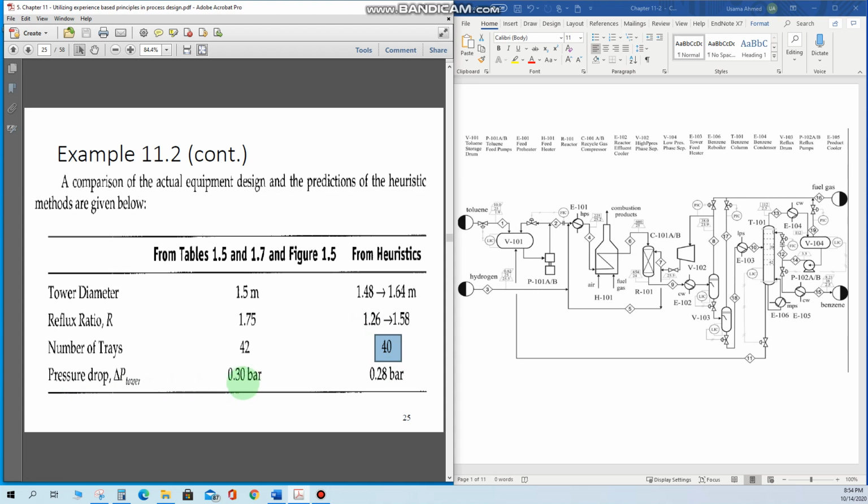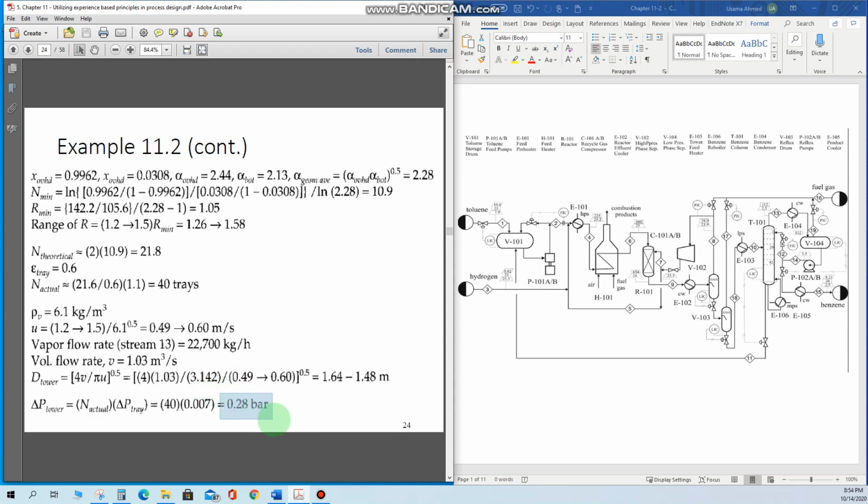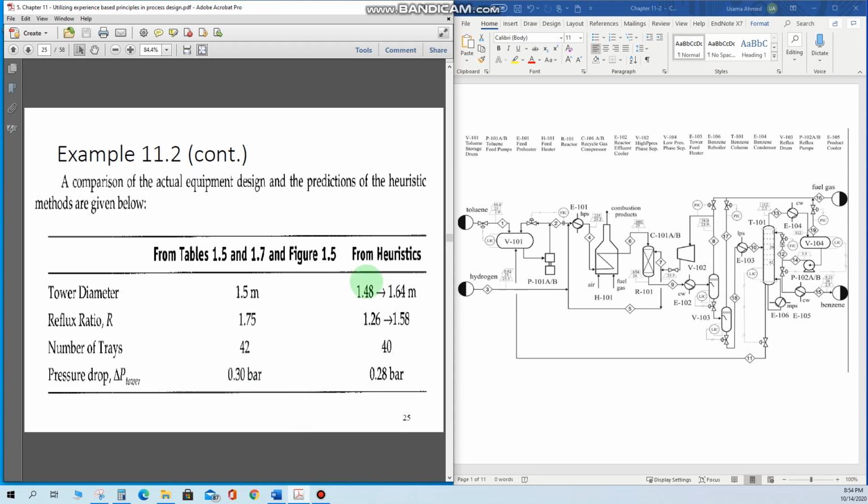Drop in pressure 0.30. So you can take the stream number 13 pressure, which is maybe given as 2.5, and then you have to compare the pressure of stream number 11, which is the bottom stream, and you can take the difference. That comes out to be 0.30 bar, and in our calculation we have calculated 0.28 bar from this heuristic. Okay, from this analysis, what we have seen is that all of these values in terms of diameter, reflux